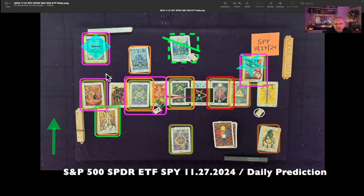From that key resistance, we decline notably, increasing with momentum moving forward in time into a trough and trade opportunity just after 11 o'clock, most likely. A rally commencing there, increasing with momentum moving forward into a resistance level probably around 1 o'clock. 3 pokes through the same trend line with a sharp drop off of that third poke into a decline. And that decline will probably take us from a peak around 1 o'clock into a low or a trough between